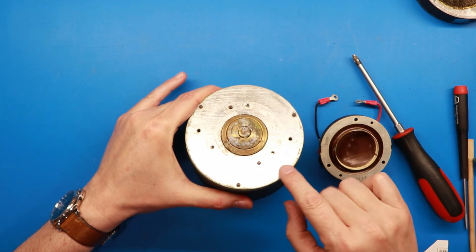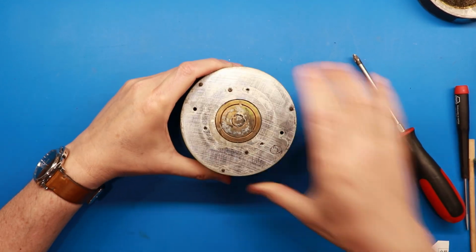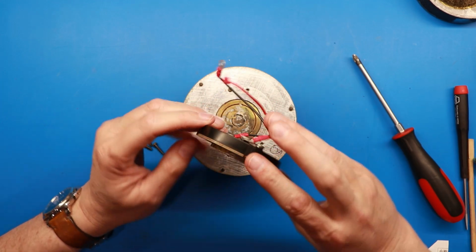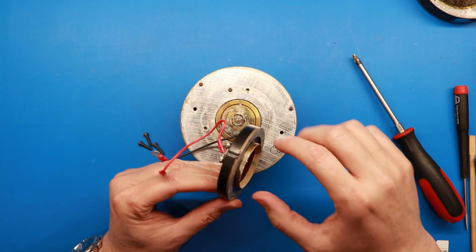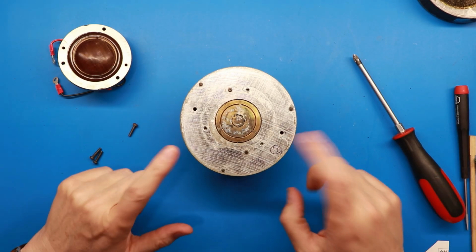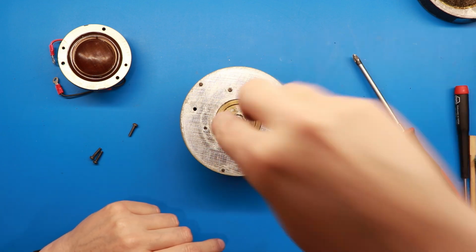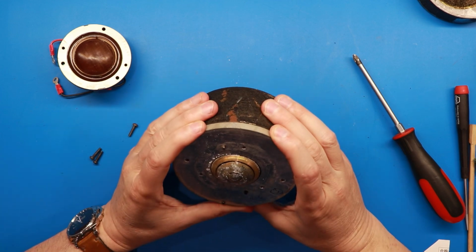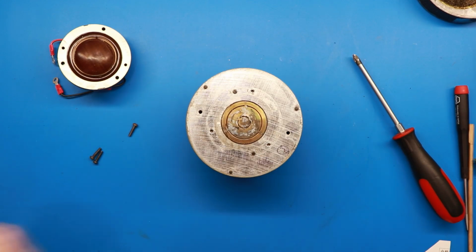We've got a good bit of corrosion here, as you can see on the magnet housing itself. But the voice coil doesn't look bad at all, except for right there. You see all the corrosion in that? We may be able to clean that up and this turn out okay. What this tells you is that moisture has gotten down through the horn into this part of the housing. Next we're going to clean the voice coil, but first I want to get